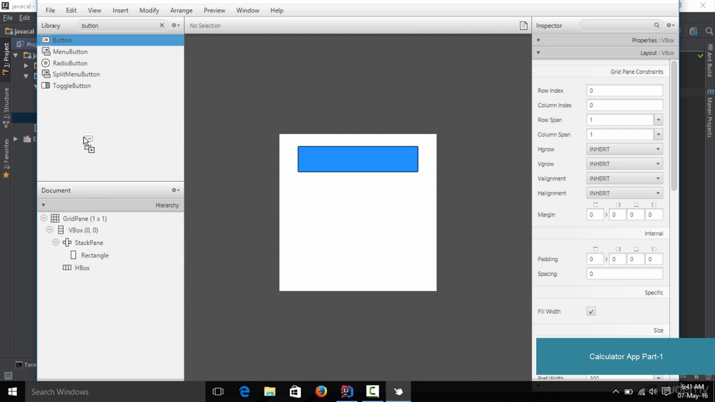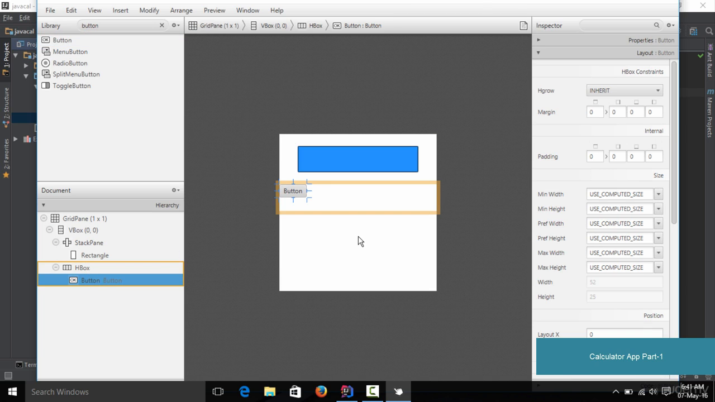So we drag a button and we drop it right onto the edge box layout. As you could see, the first button is placed over here. Now the next thing which we do is that we actually need to set the height and width of this